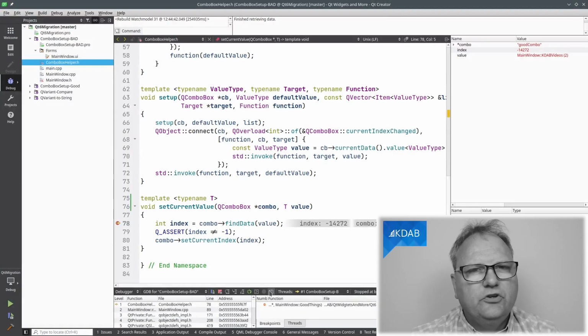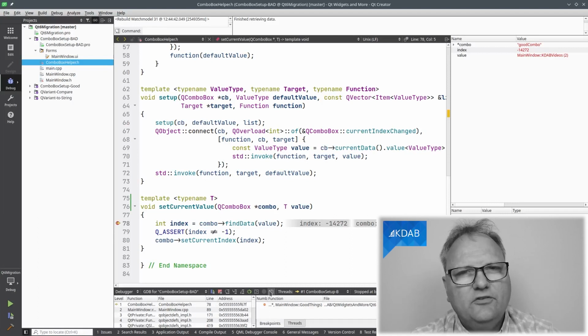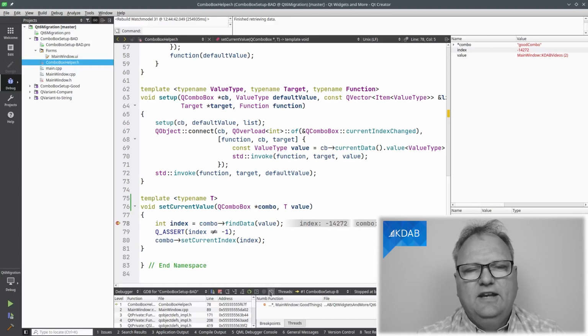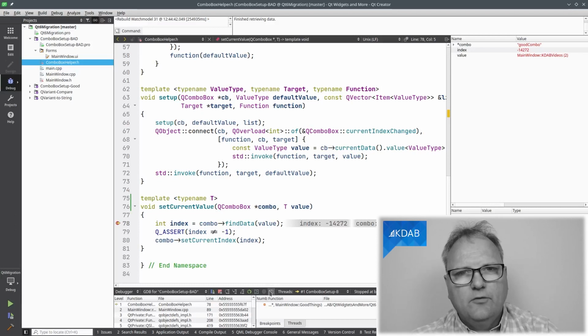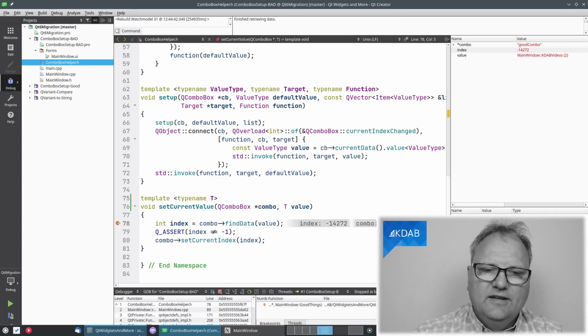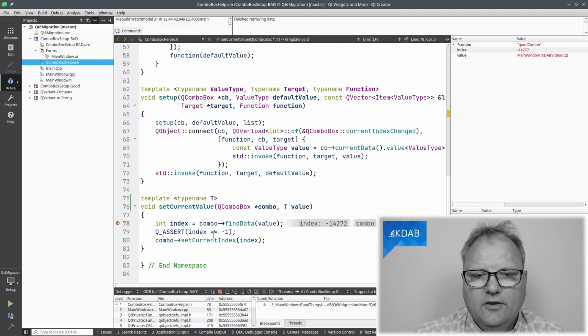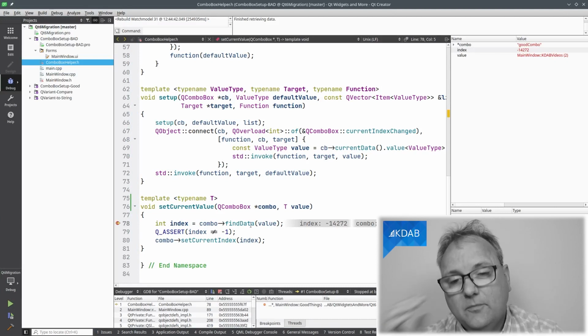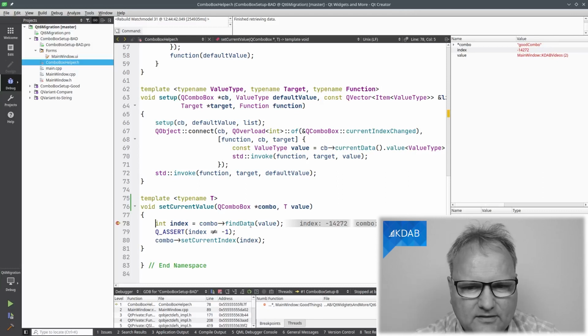So I choose the Qt version I compiled myself, and if you haven't done so, follow this link here, which will show you how to compile Qt yourself. Because when you debug your way into Qt, you must have a debug build of Qt itself, otherwise it's going to jump randomly around inside the file. I set a breakpoint, then on this line here, the crash was in this assert here, so findData must have returned something I didn't exactly expect.